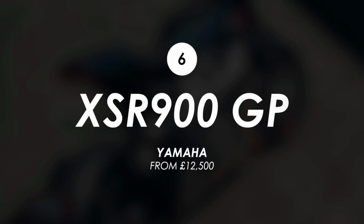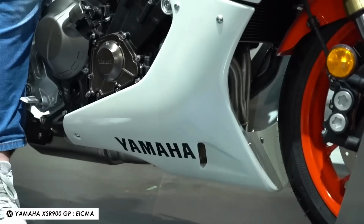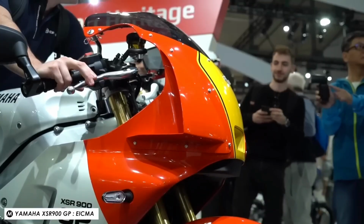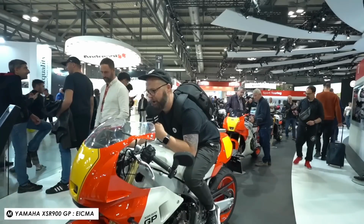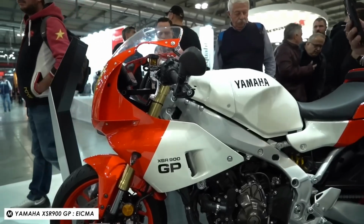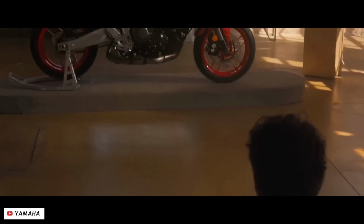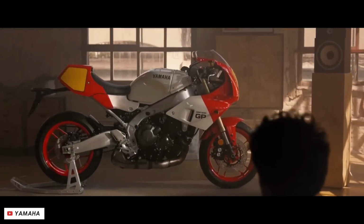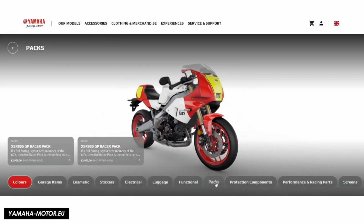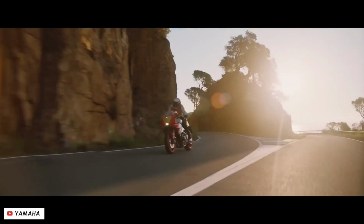Now over to Yamaha, and one of the most exciting announcements this year was the XSR 900 GP, which is essentially a half-faired version of their XSR 900 semi-retro naked that also gets some clip-on style handlebars for a more sporty riding position. Now hands down, this is one of my favorite looking new bikes of the year across the board, with a pop-in paint scheme that's inspired by their Marlboro race bikes of the past. Now if you want to give it the full sports bike treatment, then there's also a racer accessory kit, and that gives you the fairing lowers amongst a few other items,